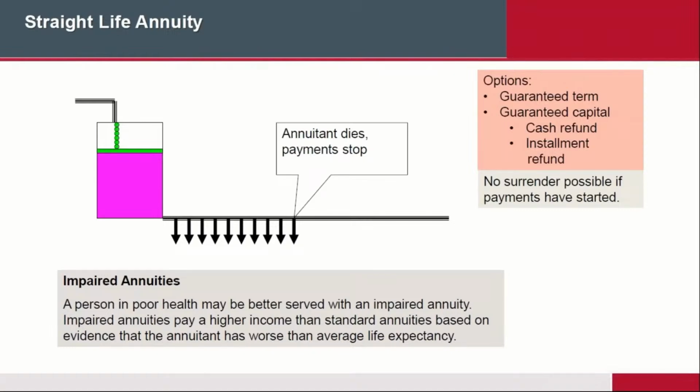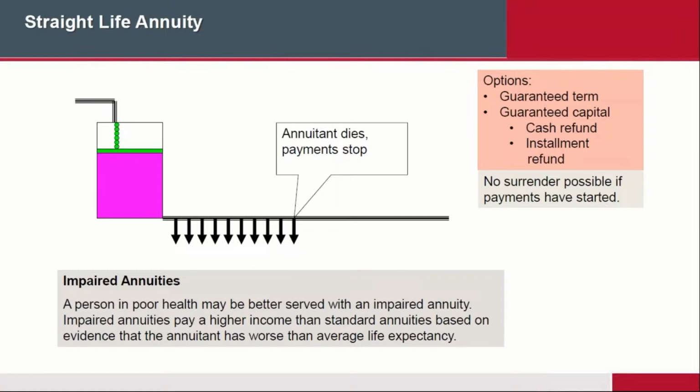Straight life annuity, this is the exact opposite. In the term certain annuity, it is quite possible that you could outlive that 20 years. And therefore, at the end of that period of time, you run out of money. As simple as that, okay? You run out of money. And so what if you said, no, I want to buy an annuity that's going to give me an income for the rest of my life, okay, the rest of my life.